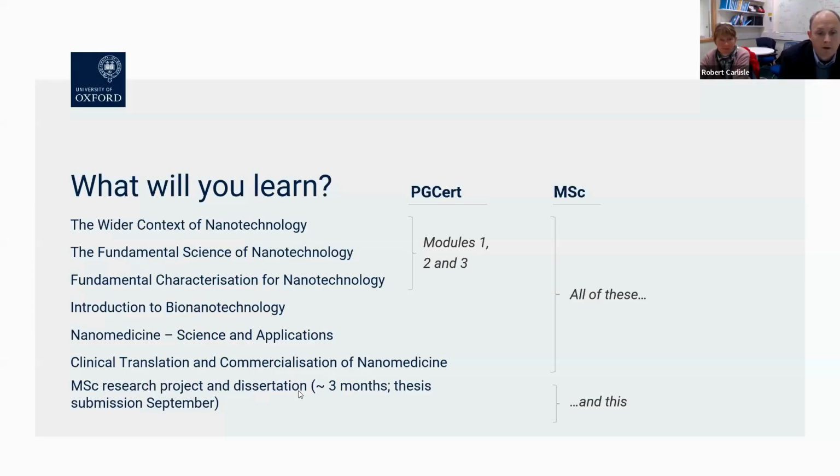So this is a research project, and it may be paper-based, so literature study. It may be wet lab-based, so in the labs. It may be based in Oxford. It may be based in the facilities in which our students are working. So it may be within their own company's labs, for example, or it may be within their own institution's labs. So again, there's lots of flexibility there. The important aspects are that it's a novel piece of research, that it will help move the field of nano